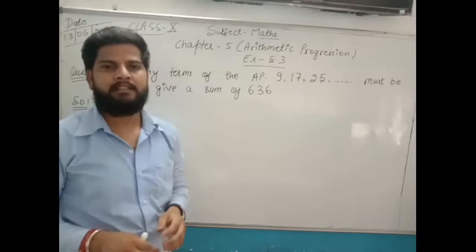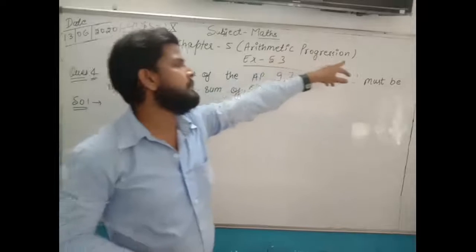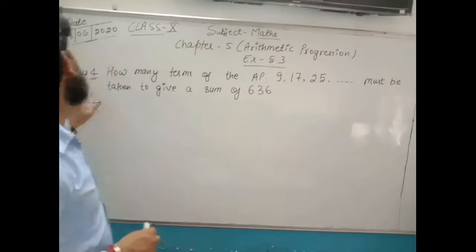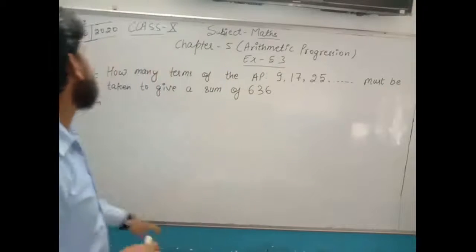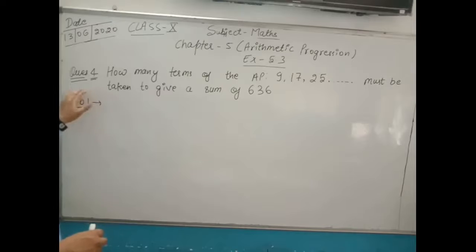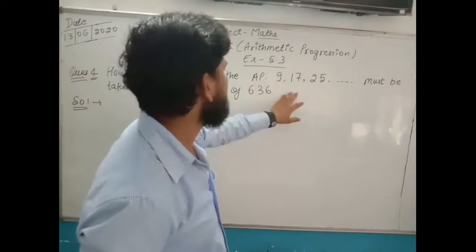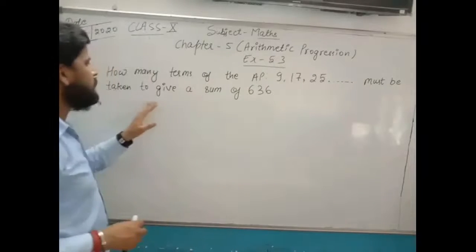Good morning, students. As we are discussing chapter number 5 of class 10, the chapter name is arithmetic progression. In the previous videos, we have completed up to question number 3 of exercise 5.3. Today, we will start the exercise with question number 4. Question number 4 is: how many terms of the AP 9, 17, 25 must be taken to give a